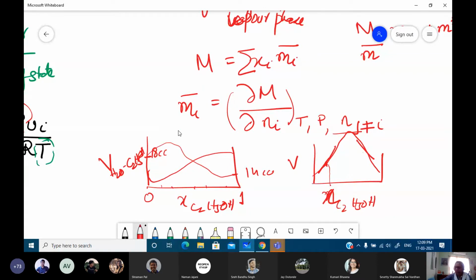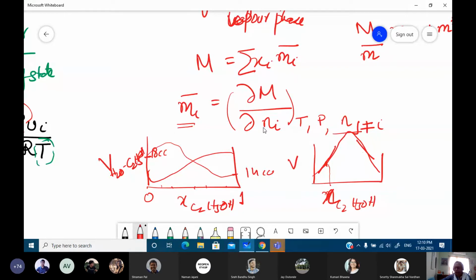So partial molar properties are not very easy to deal with. The straightforward way of finding it is to plot the total volume as a function of the total number of moles, and if you can get something of this sort, then for each particular composition you can find the tangents. From these tangents you can find the partial molar property for different numbers of moles that have been added. This is not a very easy method, and it's a very cumbersome thing.